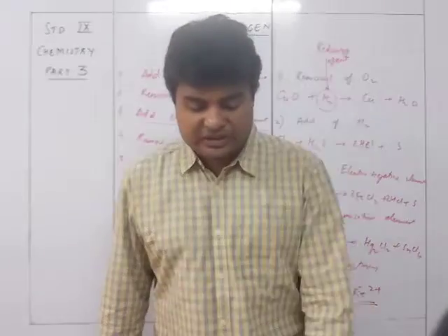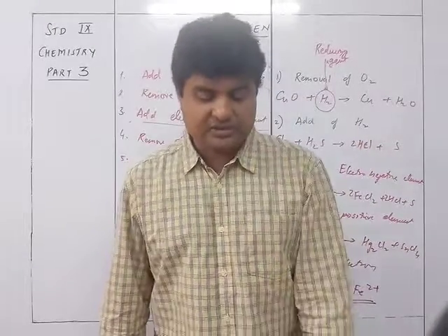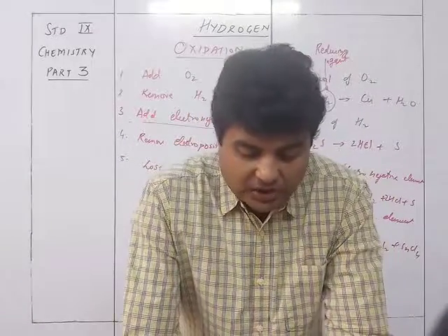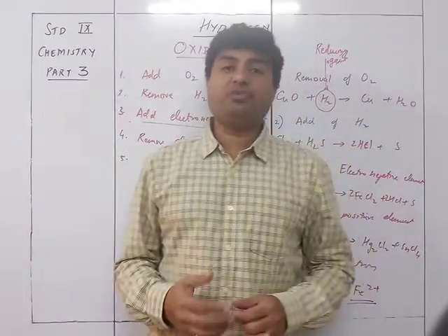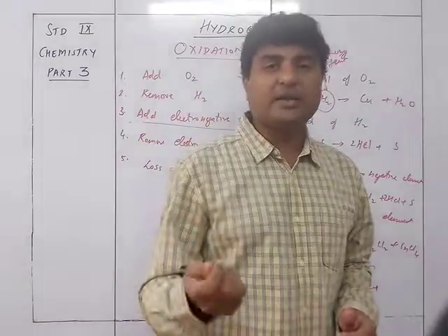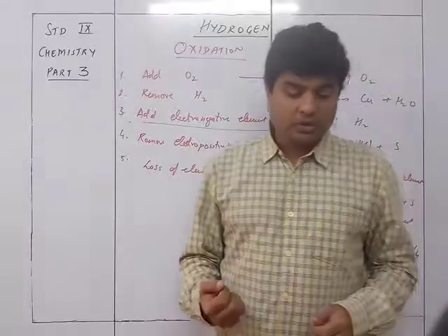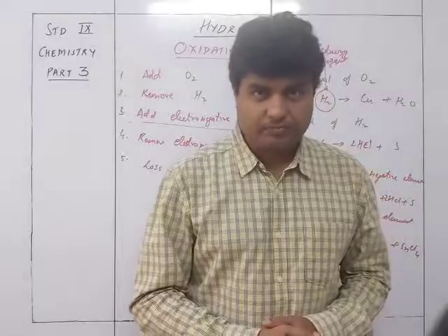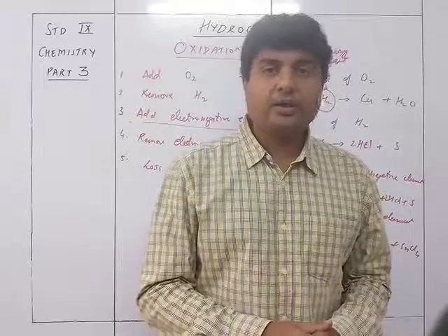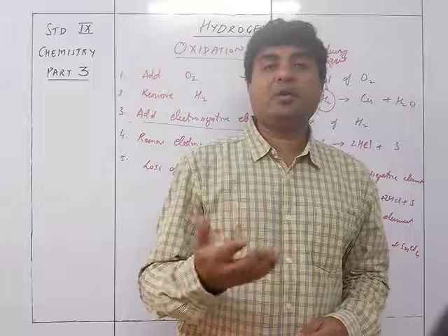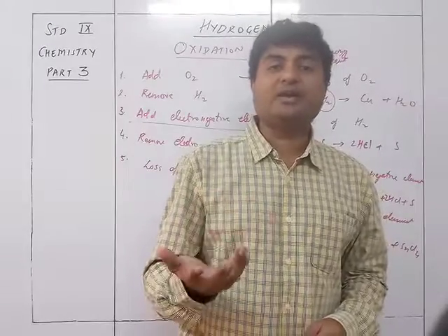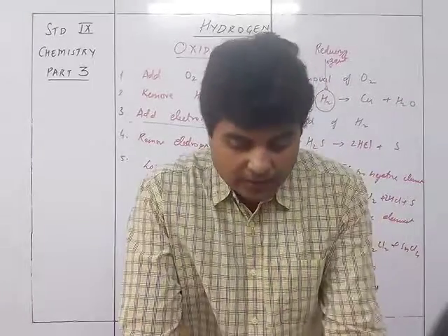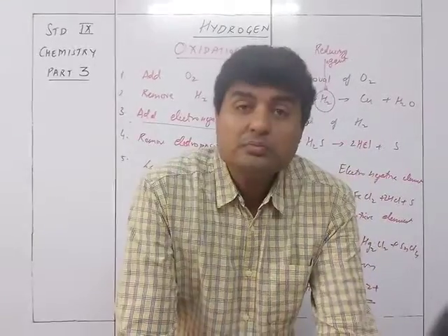The test for oxidizing agent is generally answered as decomposes to give a colorless gas which rekindles a glowing splinter. Now this is the test for oxidizing. How do you test whether the given product is an oxidizing agent or not? First thing is that when you are heating it, if it is decomposing and giving you oxygen gas, the gas is going to rekindle the glowing splinter. What is the gas which rekindles the glowing splinter? Oxygen. Oxygen is the only gas which rekindles the glowing splinter. So that's why we know that the oxygen is going to be evolved.